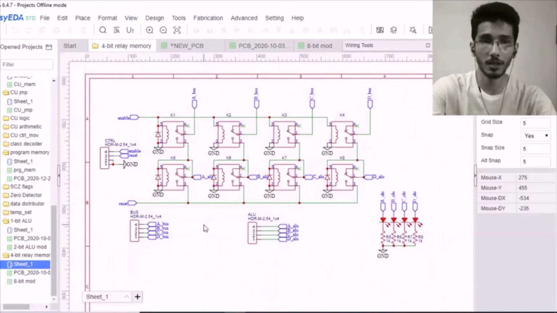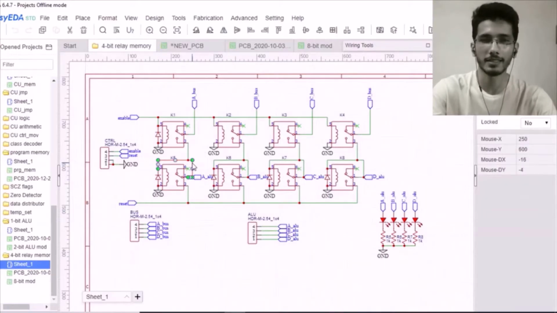This is the schematic of the actual memory register in my computer. The bottom relays are configured as latches, so you can see the common terminal is fed back into the coil. The other terminal of the coil is grounded in all of these relays. From the previous episode, we already know that this feedback line is considered as the internal data line. So that has to be connected to another series of isolation switches.